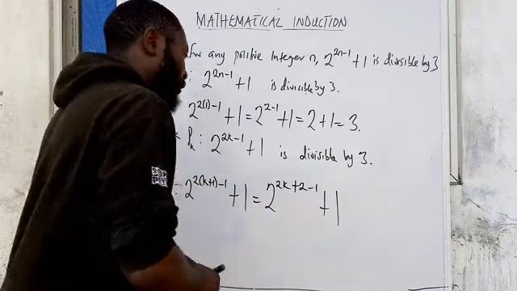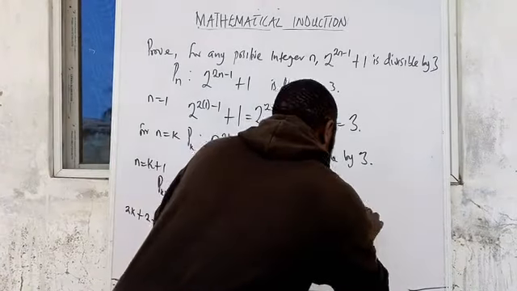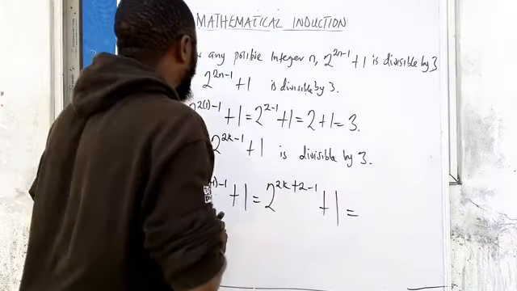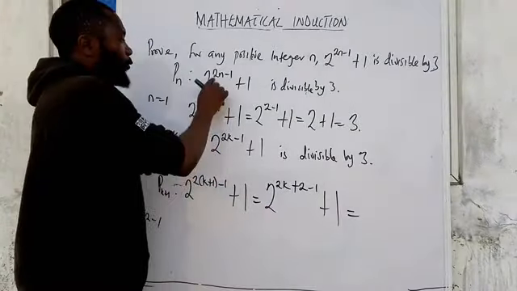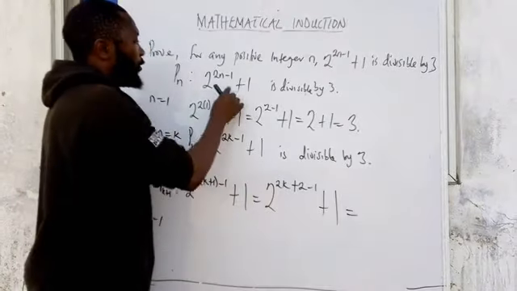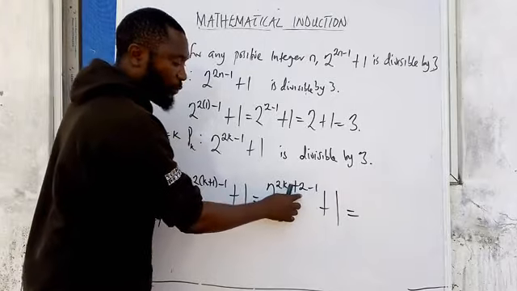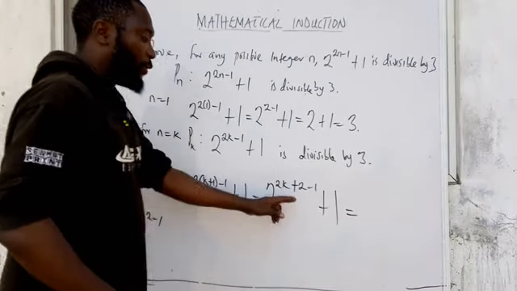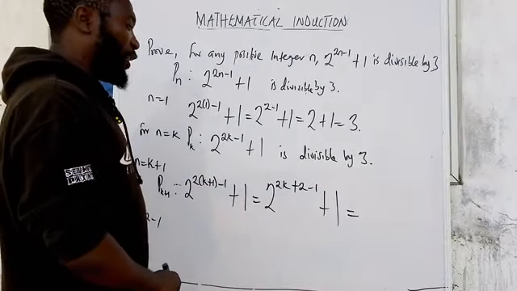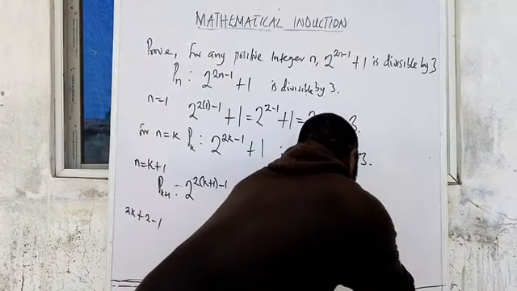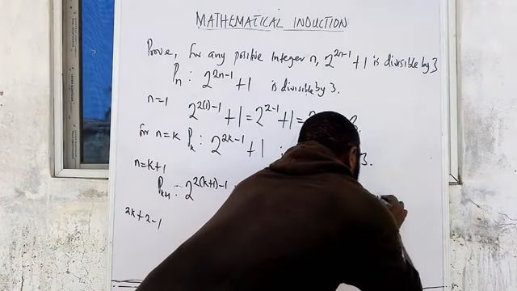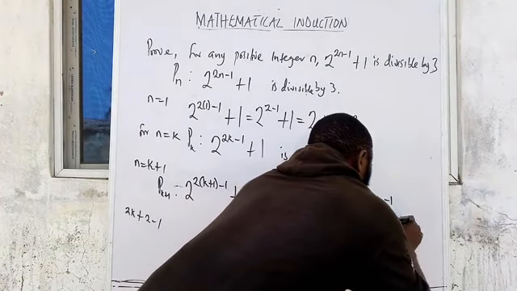Want to use this statement now. What you just need to do is compare what you have here with what you have here. 2k, 2k minus 1. These are minus 1, but there is plus 2. And that plus 2, let's separate it so that these two will look similar. So I will write it as 2 raised to the power of 2k minus 1